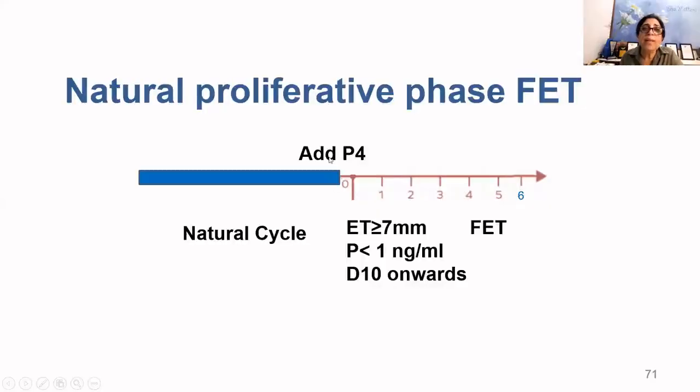And we presume, as this study group said, that the corpus luteum is going to be formed because we did not inhibit the corpus luteum by giving high estrogens as we do in an artificial cycle. So I will just repeat this. This is something one has to understand, because it is a very good, very simple protocol. The first half of the cycle is just a simple natural cycle. Once the endometrium is good and the progesterone is less than 1 nanogram, you can start your progesterone, give it like you give progesterone in the artificial cycle, and time the transfer accordingly.